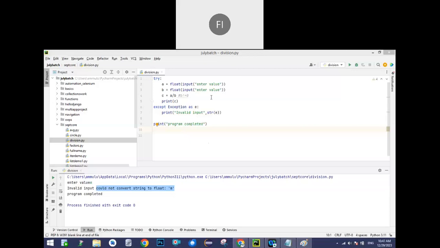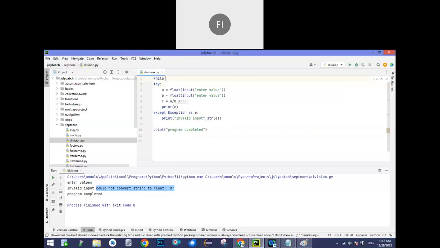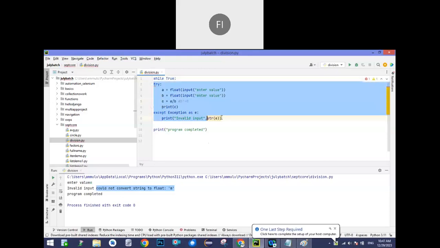If you want to repeat an example, say you got invalid input and now you want to try again, in that case we can use loops here. For example, while True. Now put this entire code within this while loop.